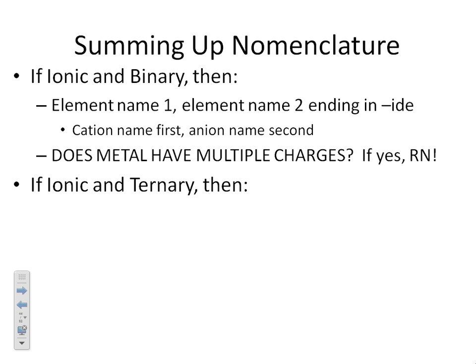So figure out, what's the oxidation number on the anion, on the nonmetal, because you'll always know that. Remember, use the first one listed in the reference table because that's the one that's based on the octet rule. And then work it out. Say, well, if the metal has to cancel the charge on the nonmetal, what does the charge on the metal have to be? But if it's not binary, if your compound is ionic and ternary, if there are 3 elements